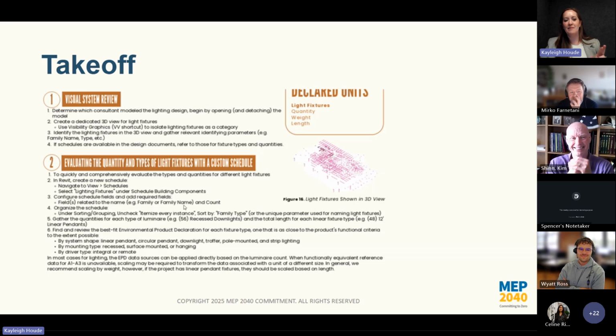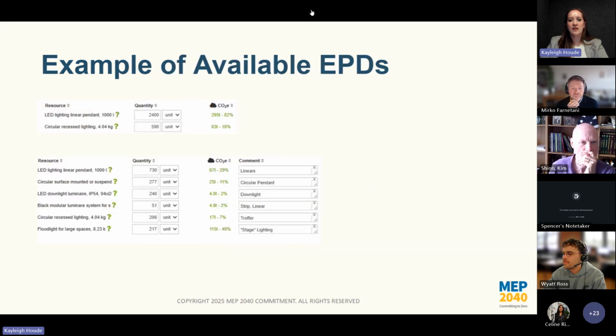Then you would get the family name. Oh, and then the count parameter. Rachel went through that during mechanical equipment. Really nice feature. So you can just get the number against the different types. And then itemizing every instance is really key. And then you're able to gather the quantity of each type of fixture and find the right EPD to pair that with. So let me make sure my Revit screen is functional.